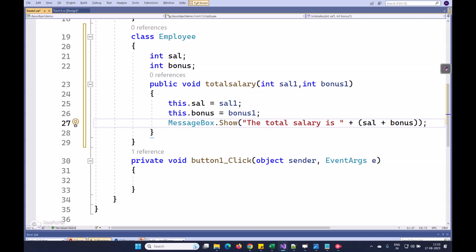So I am having a class which is having attributes. Then I am having a method also. A method I cannot write separately. Method is here. Event is here. Properties you have seen. For every object, properties, methods, and events will be there. So event is here. Method is there. So everything I have added: properties I have added, methods I have added, and the event also I have added.